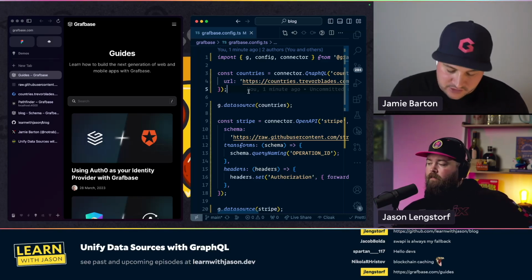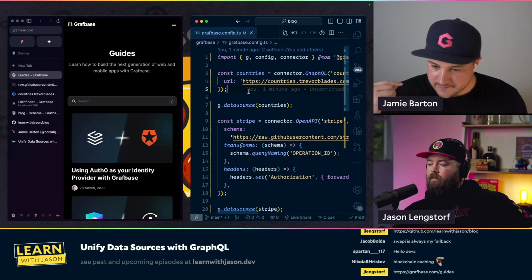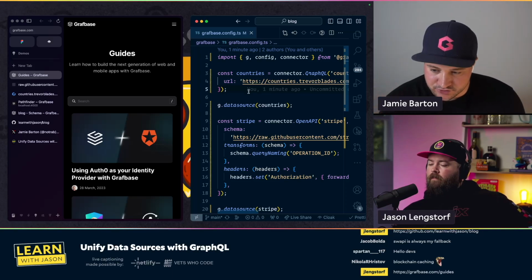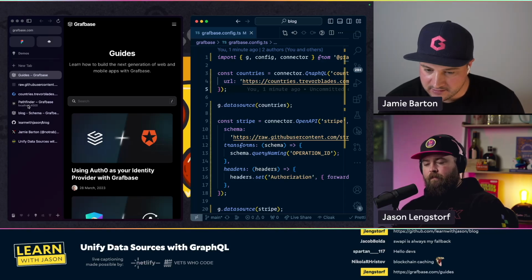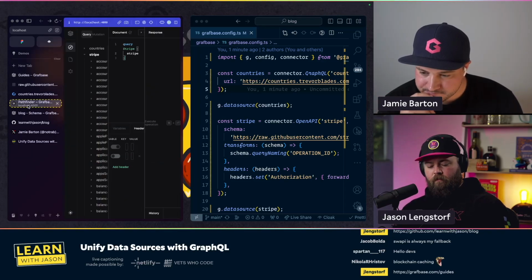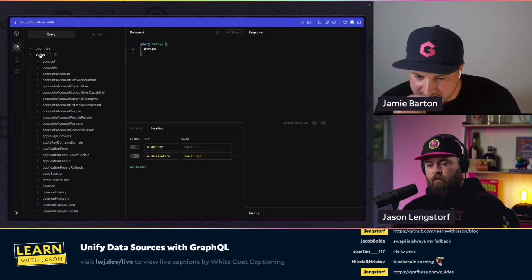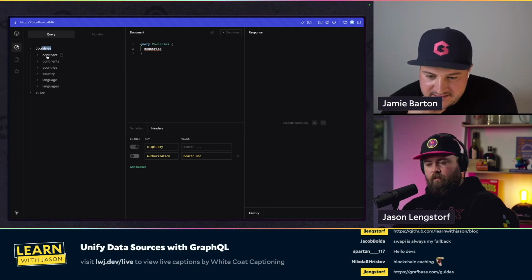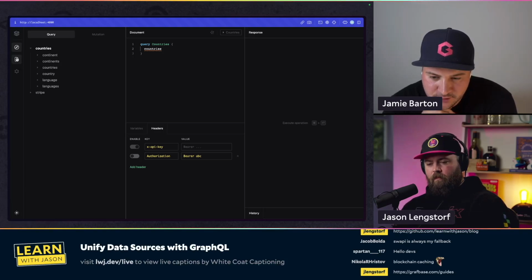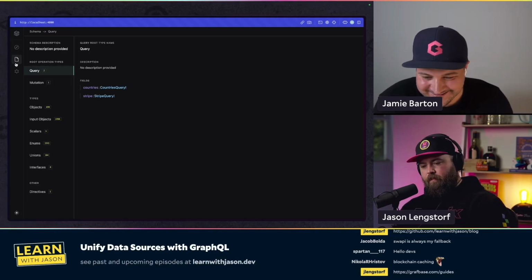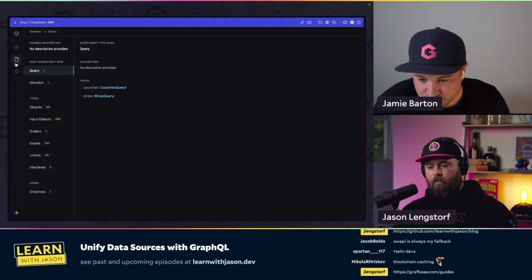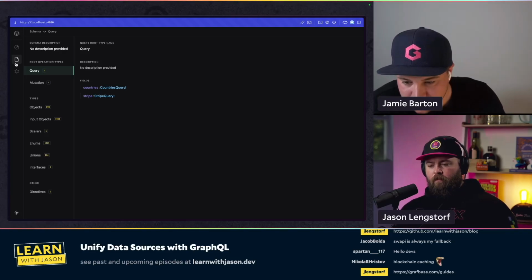But yeah, the one thing I wanted to show you very lastly was actually, let's just do the countries API because we don't want to get that Stripe API key. If we go back to Pathfinder, and on the left side, if you click the second icon down under the logo, or the third, whichever one you want to count from, and then we go to countries query,